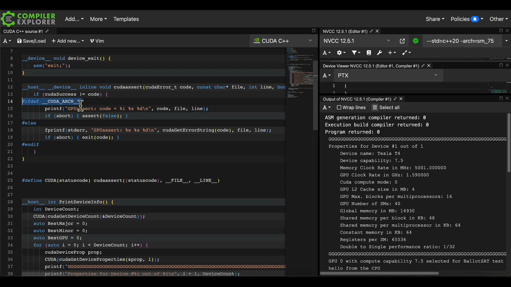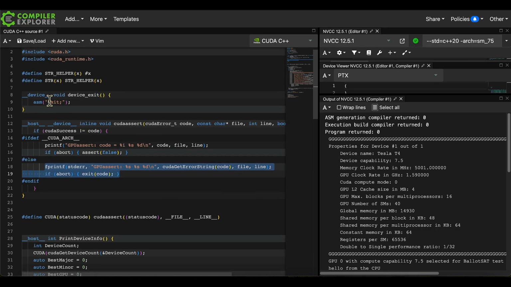If it runs on a CUDA device, then we execute this code. If not, then we execute this code which runs on the CPU. So here's the GPU, there's the CPU. Then we have a device function, device meaning the GPU, and this simply exits the current program.